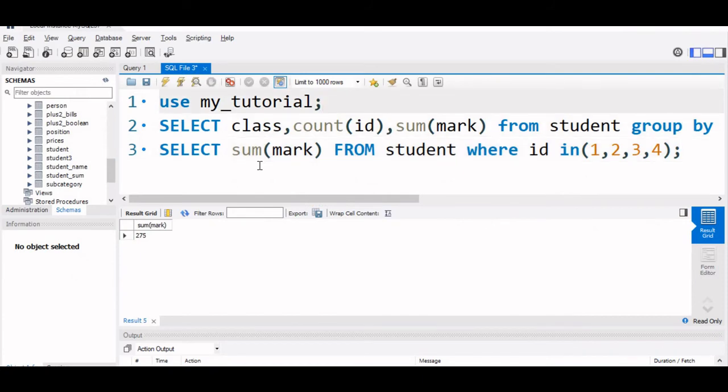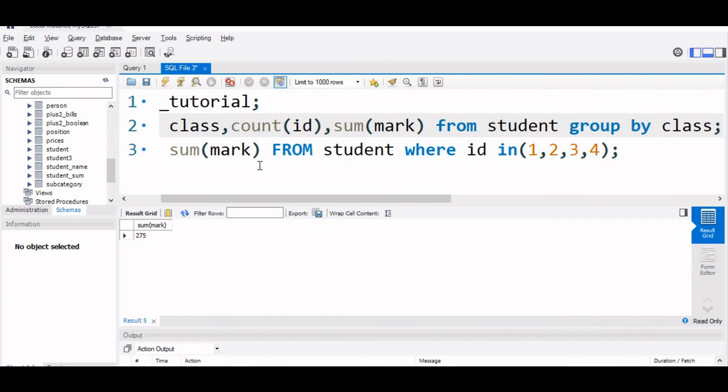Here you see we have used a group by, the second one, group by class. Now let's run this one. Now you can see 8, 1, 79. So this is grouped against the class. What you want is that we list the students by ID 1, ID 2, ID 3, and parallelly the aggregate column should also be displayed. Now this is done in MySQL 8 by using the over and partition commands.